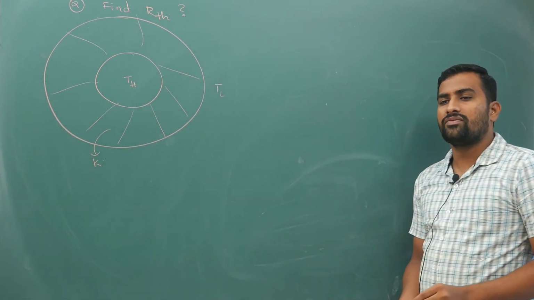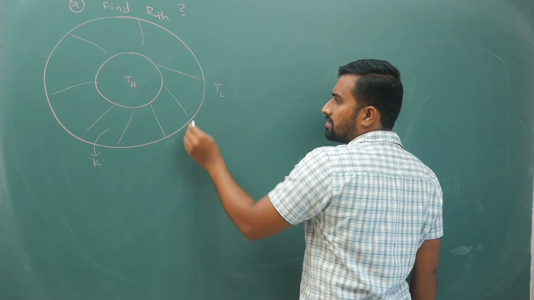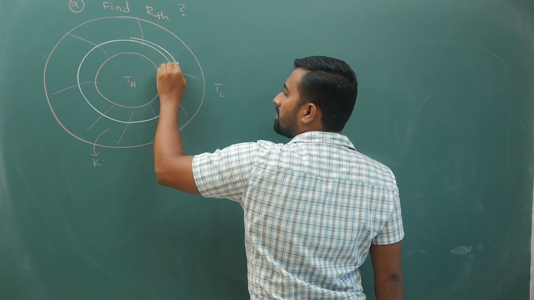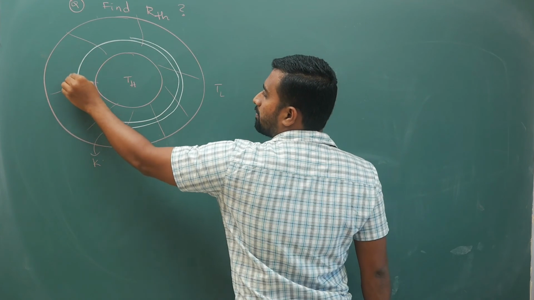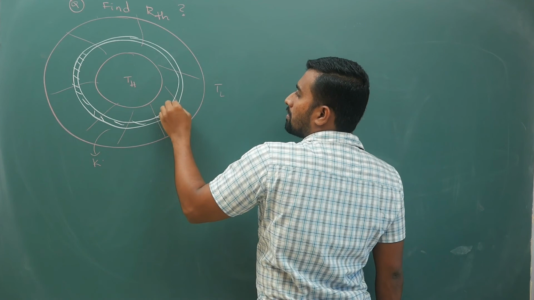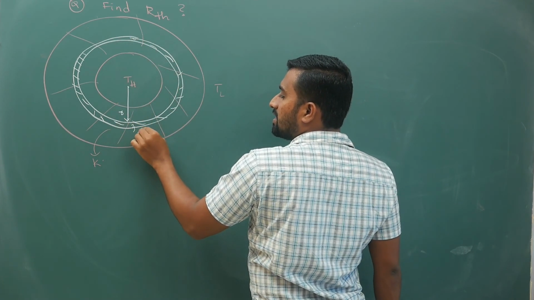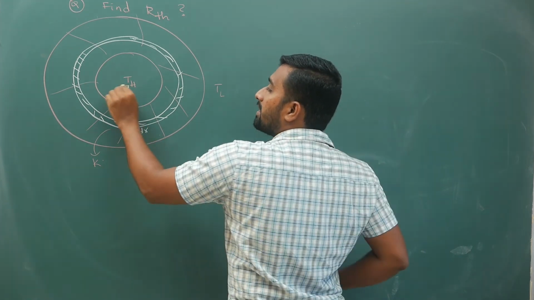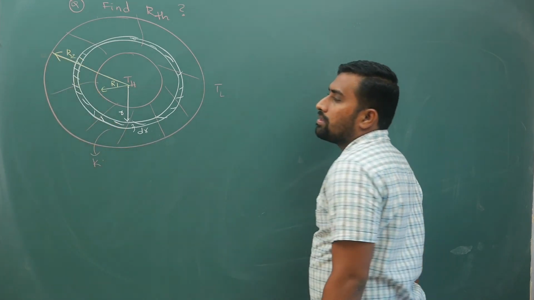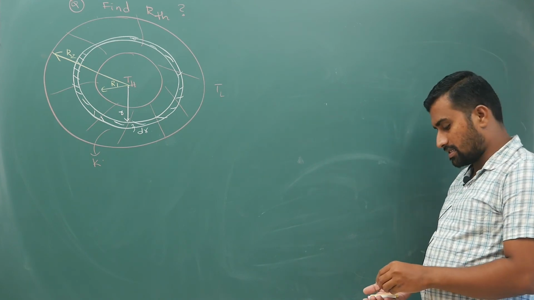Now for this, I have discussed how to take the strip. If not, you can watch my current electricity video. Still, I will tell you. For circular objects like this, we will take a small strip here. For this small strip at distance r, the width is dr. Let us say the inner radius is r1 and the outer radius is r2. Your material is in the region between r1 and r2, and you are supposed to give the thermal resistance in this case.